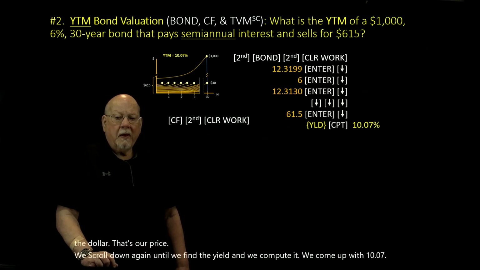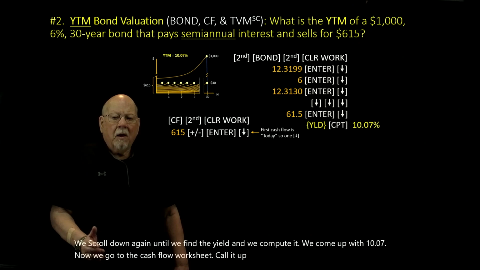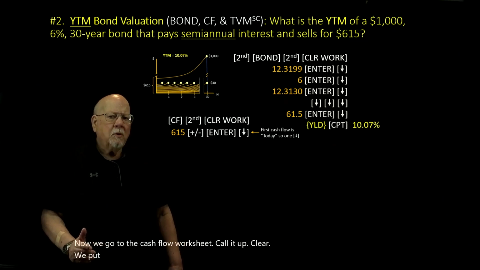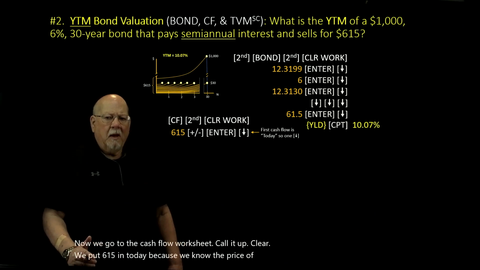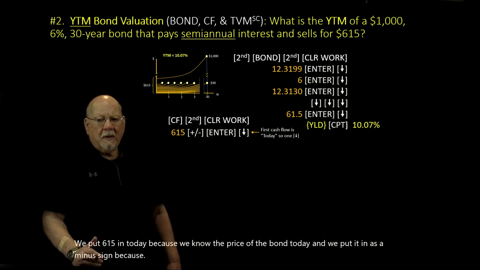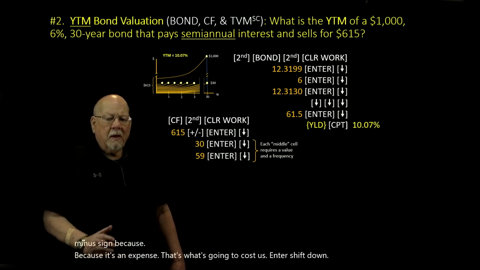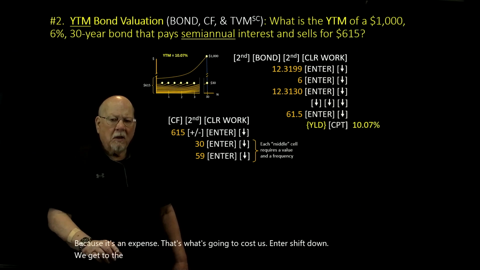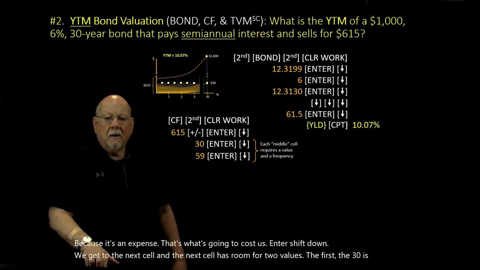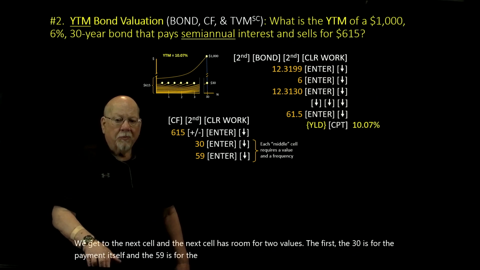Now, we go to the cash flow worksheet. Call it up. Clear it. We put $615 in today because we know the price of the bond today, and we put it in as a minus sign because it's an expense. That's what's going to cost us. Enter, shift down. We get to the next cell, and the next cell has room for two values. The first, the 30, is for the payment itself, and the 59 is for the frequency. So we put 30, enter, shift, then we put 59, enter, shift,